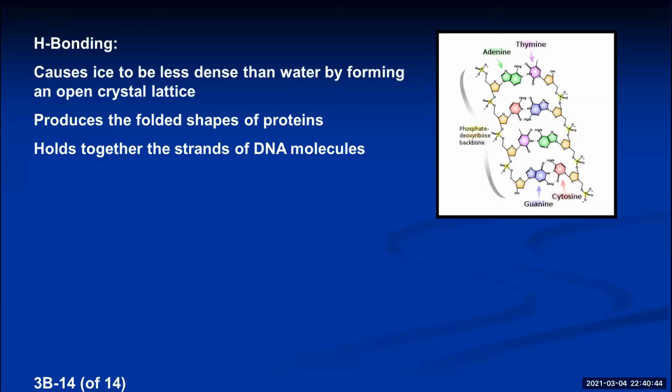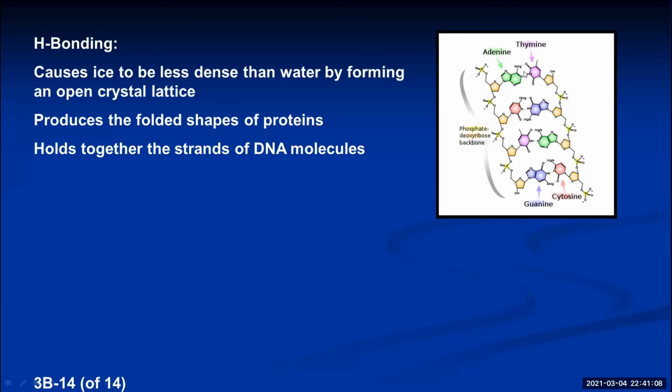The last thing that hydrogen bonding does, that's relevant to biology majors at least, is it holds the 2 strands of DNA together, right? I don't know where you were when you learned, okay, 2 strands of DNA, and they hook by their bases, and adenine hooks to thymine, and guanine hooks to cytosine, A to T, G to C, and that's what holds them together. Well, what holds them together?